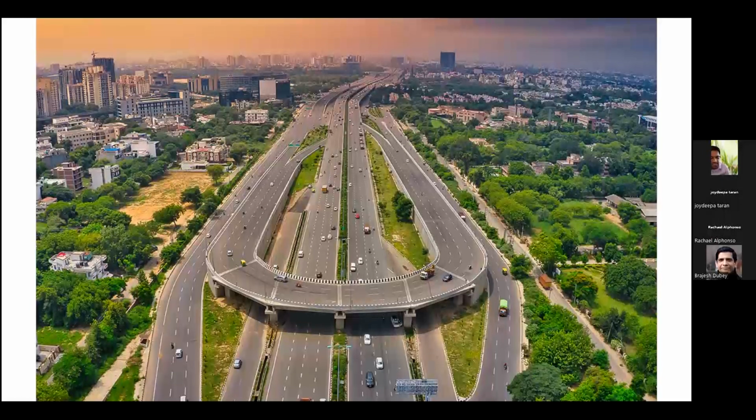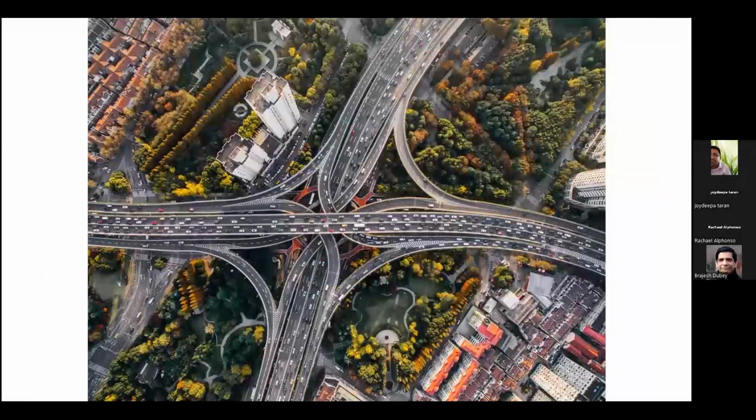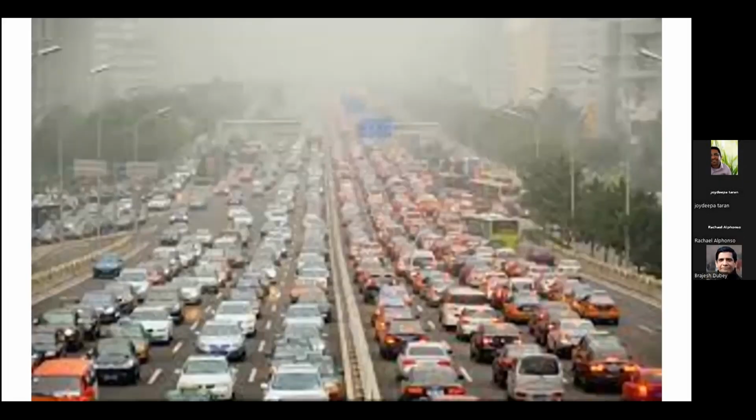And nowadays you can see that from the year 2012 till date, a large number of highways and expressways are being constructed to facilitate transportation. Similarly, within the cities, you can see the beautiful small cars, how beautifully they are traveling. So I'll go to the next picture.